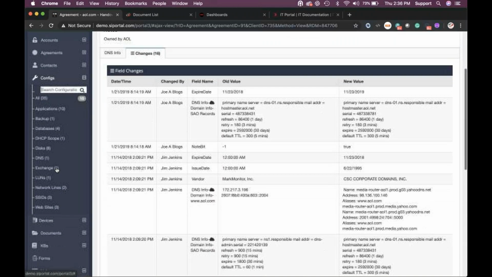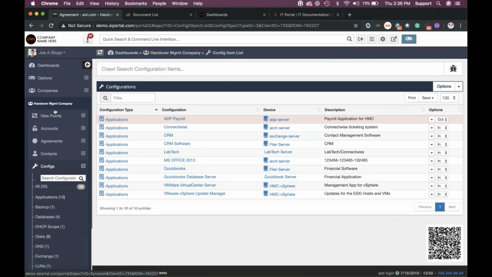Configs, as I mentioned previously, some examples: SSIDs, some websites, maybe FTP sites, databases, applications, right? Again, at the very least, you should document the name of these things so that people know they exist. So I know they're running QuickBooks, maybe some CRM software, vSphere. It'd be nice to know that the customer actually has a vSphere server and what server it is, right? How many times do you go to an environment, they're running virtualization, but you don't know where it's at? So again, document those applications, adhere to your standards to document vSphere, and then ideally they will all be updated